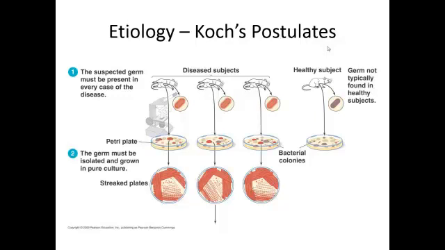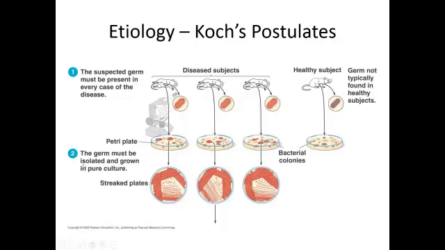First off, the suspected germ, remember the time period he was living in, must be present in every case of the disease. So he was working with anthrax. Anthrax can cause death in mice. So in all mice showing symptoms of anthrax, you have to be able to isolate the same gram-positive rod. If you take blood from the healthy subject, you are not going to find that gram-positive rod. So you have to be able to see it microscopically, and you have to be able to isolate it,